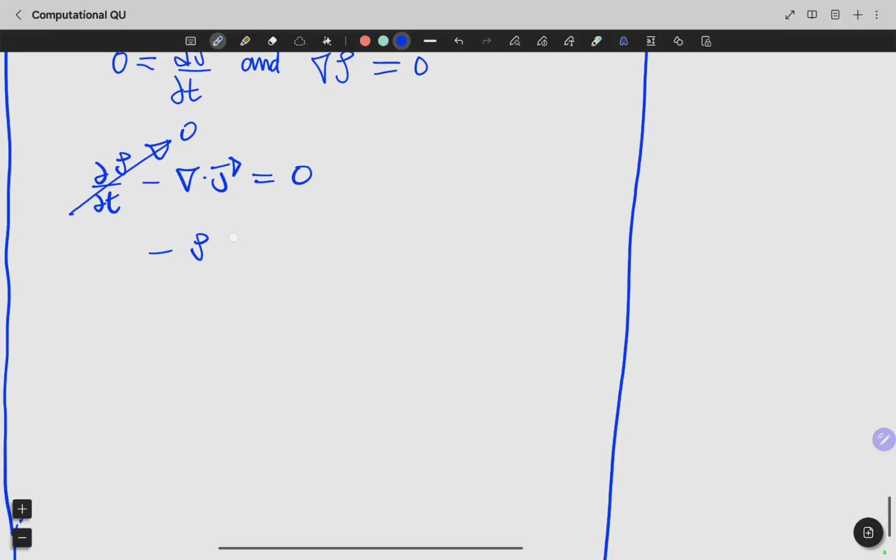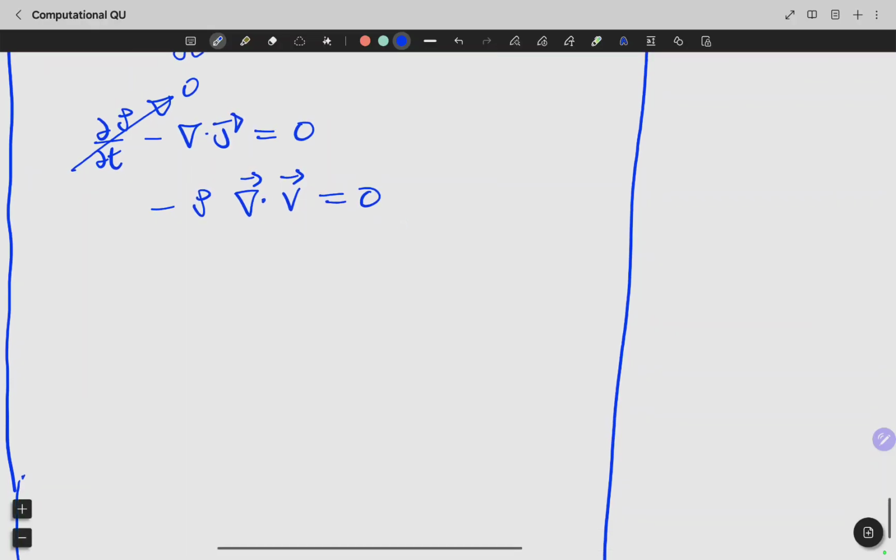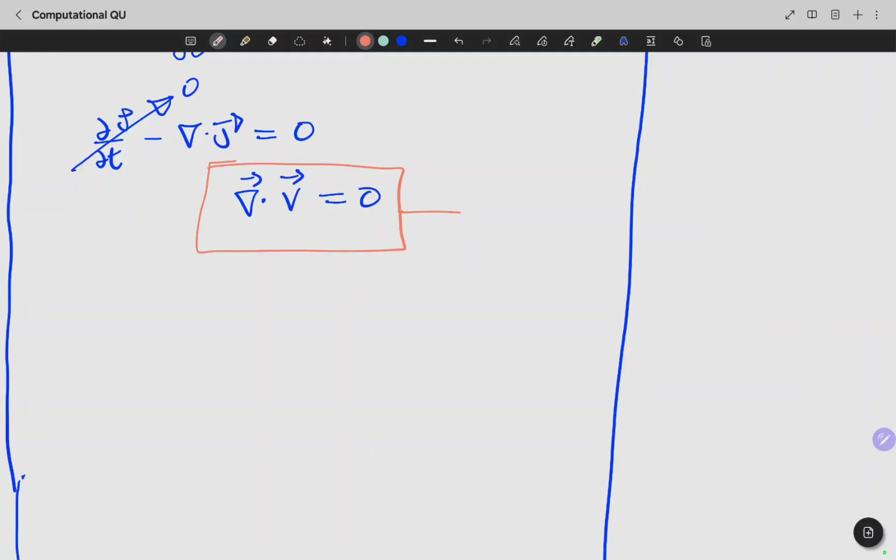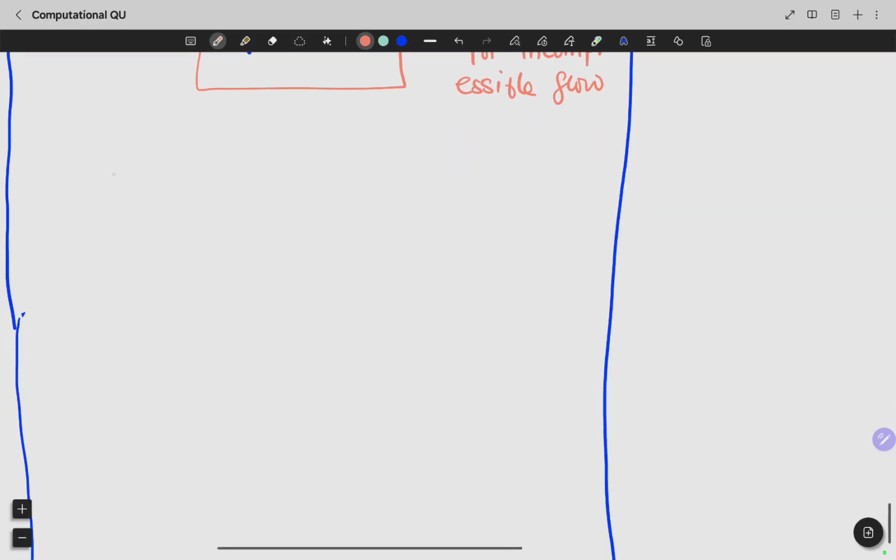So the only thing you have is this: minus rho, the divergence of v equals 0, and you can ignore this guy, and that is very important for incompressible flow. We will use this in the Navier-Stokes equation we're going to be working with. Now, that's all regarding the continuity equation. So to recap, the continuity equation is like this: